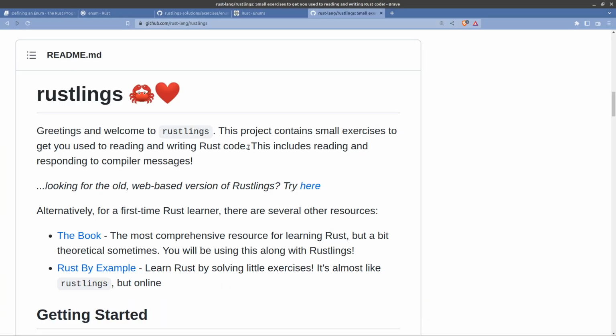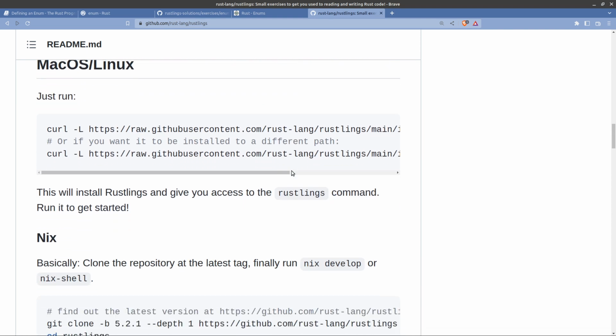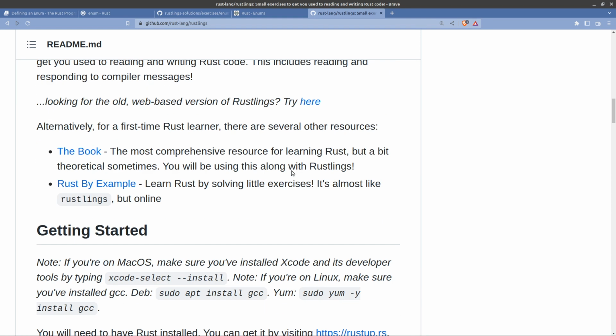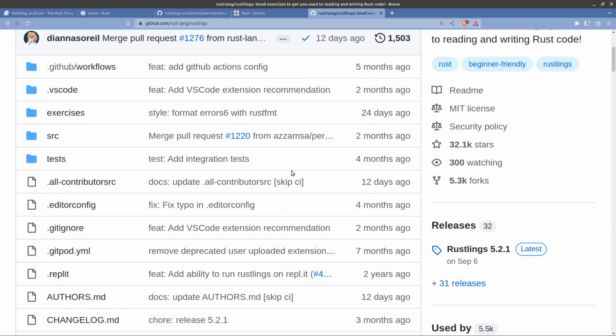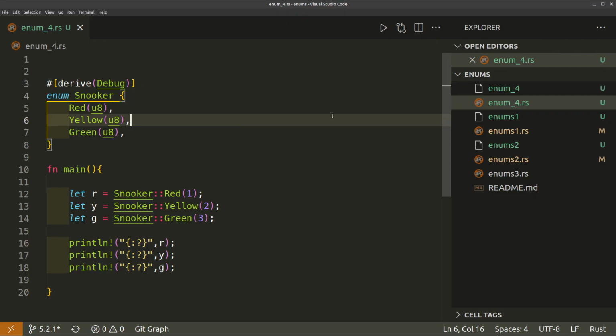Rustlings is a project available on GitHub which you can download, and it provides you with some examples of Rust code which you can edit so that it actually compiles. The idea is that there is an issue with each piece of code and you need to correct it to get it to successfully compile. So, rust-lang/rustlings on github.com. So enums, this is going to be a very quick introduction because following on from enums, you